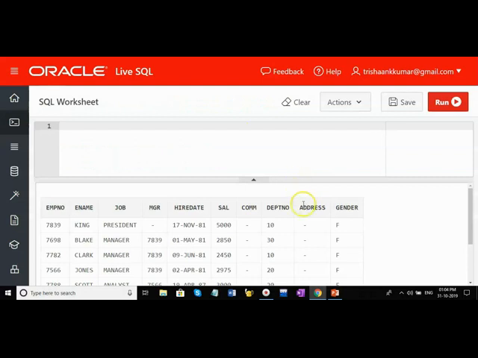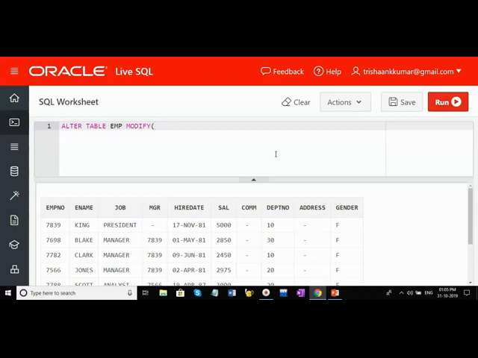We have a column called address. Now I want to change the size to 75. Initially I think I gave it as 10 or 12. Now I want to increase the size to 75. How can you do that? Alter table emp modify. Whenever you see the term modify, one thing should come to your mind: you are changing the data type size or data type of a column.